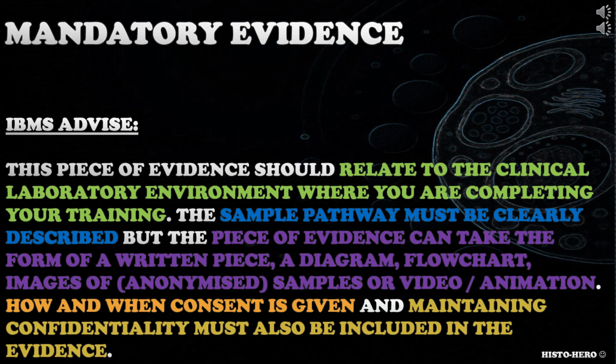They should choose a sample received in their lab. The next part of the advice is asking them to clearly describe the sample pathway. They should think about what exactly is happening to the sample as it goes through the different sections in the lab. They should show their understanding of different sections of the lab, and what is happening to the sample in each of them. For histology it would be dissection, processing, embedding, microtomy, staining, digital scanning, block checking and booking out